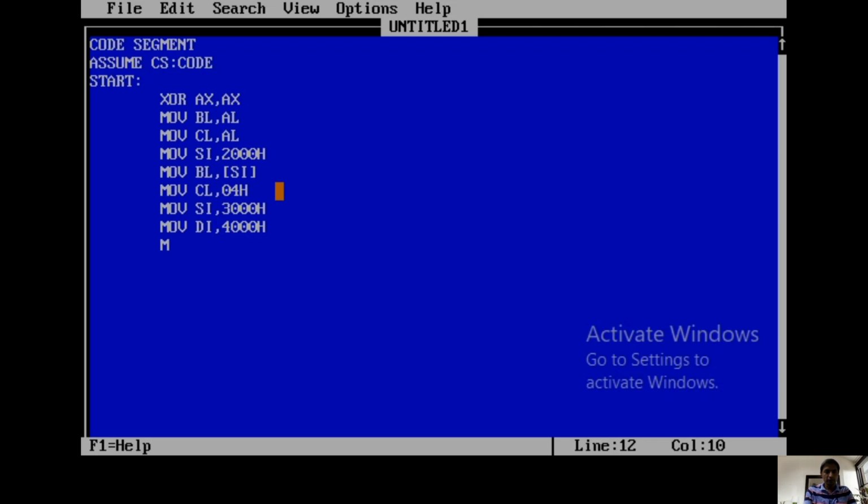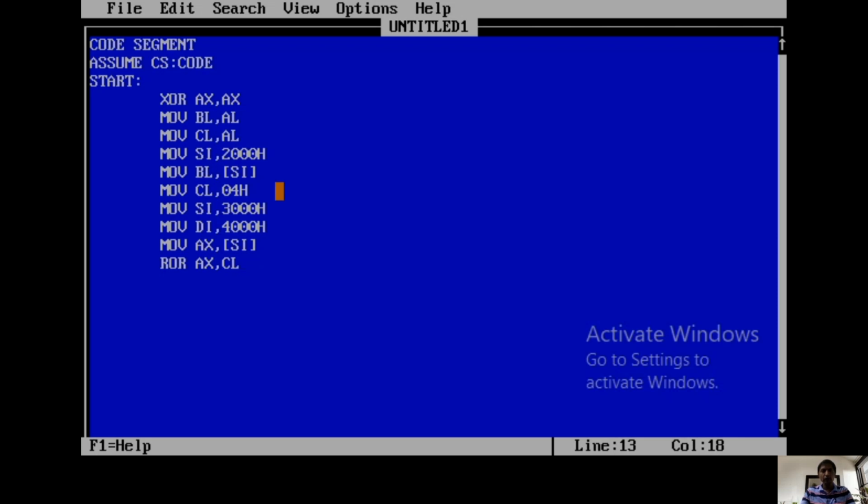Okay. So what is the first step? MOV AX comma [SI]. So in this case, what happens? My AX takes data from 3000 and 3001, nothing but it will take the first 16-bit number. Okay. Then what is the next step? We should rotate right. What is the mnemonic for rotate right? ROR AX comma CL. In that case, what happens?